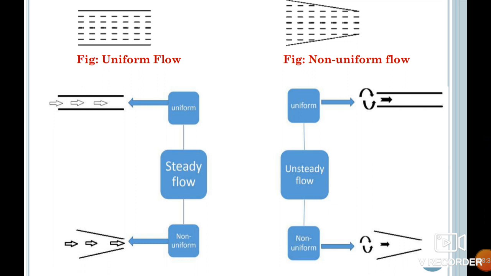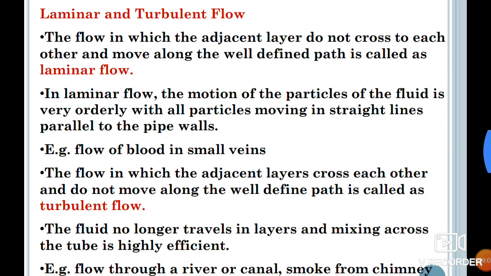I have already told you that if there is a rectangular channel which is uniform in size, then the flow will be uniform there. And another channel which is not rectangular, which is just like a diverging stream, then the flow in that channel will not be uniform, it will be non-uniform. In case of steady flow, with respect to time it is not changing. With respect to time, if it is changing, that type of flow is known as unsteady flow. This is a simple illustration of those two kinds of flows. Now the next